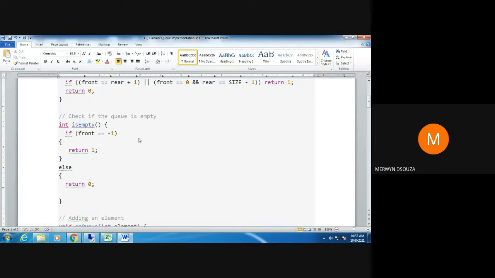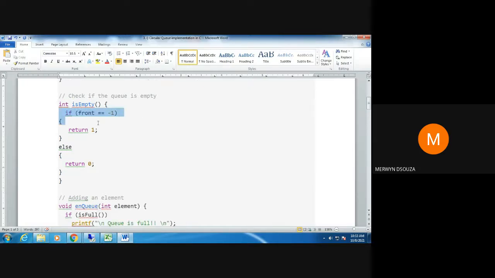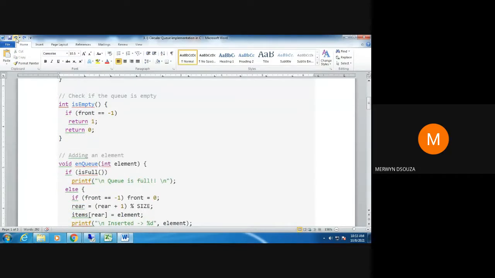Instead of writing so many lines of code, the shorter way of writing would be something like what I had written previously.